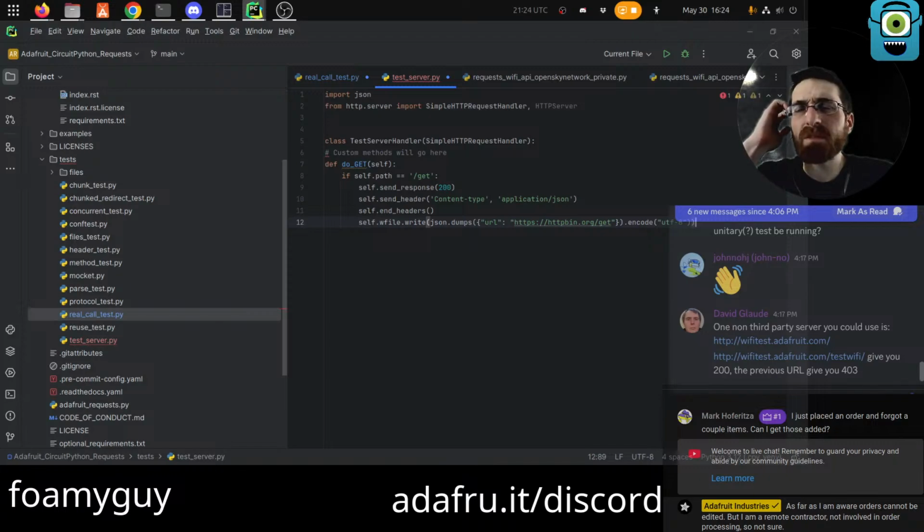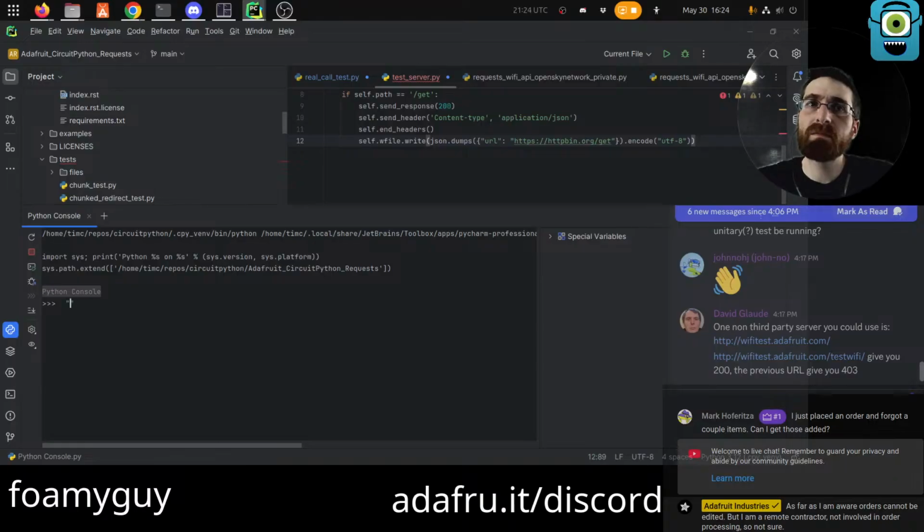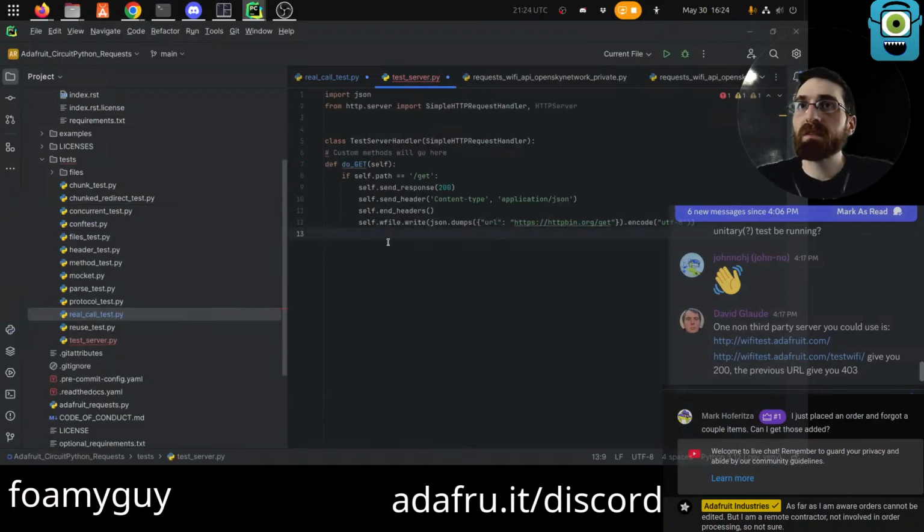Encode that? Decode that. Encode. Okay. wfile, right? Okay, so I don't know, will it do content length automatically, or do we need to calculate that and add it ourselves, I wonder?